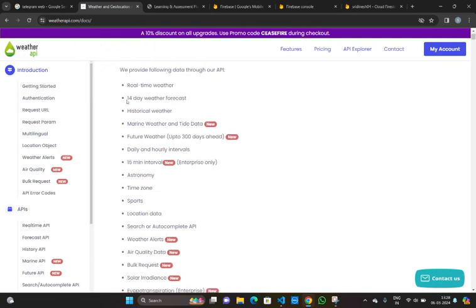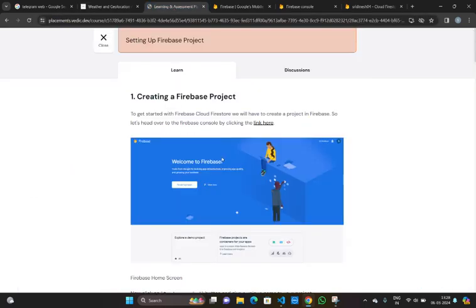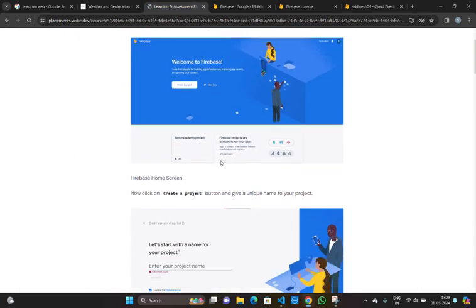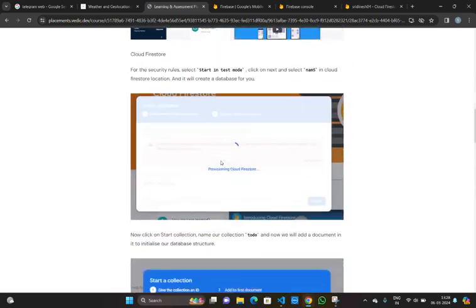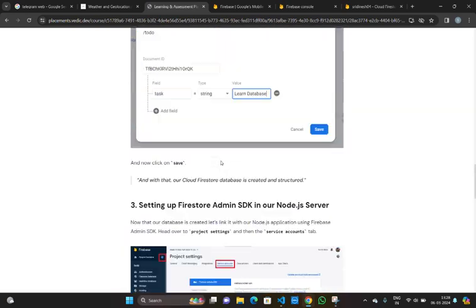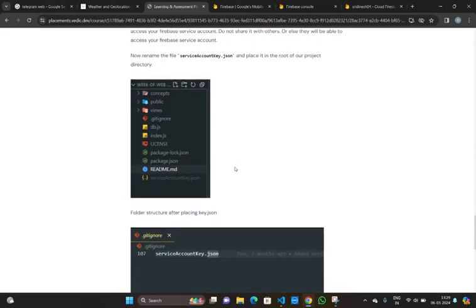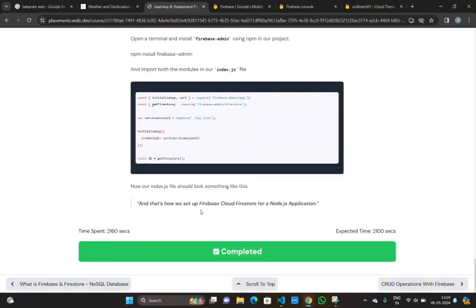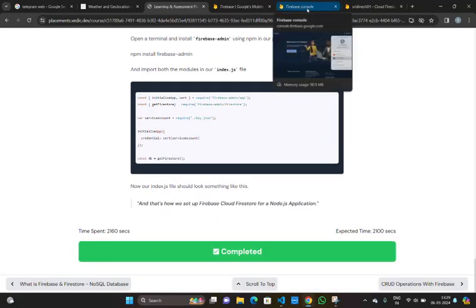So this is the 14-day weather forecasting. I have taken the JSON package. As we know, this is the process of creating a Firebase project, which is in our learning portals. After creating the JSON package, it will generate the key. So store the key in